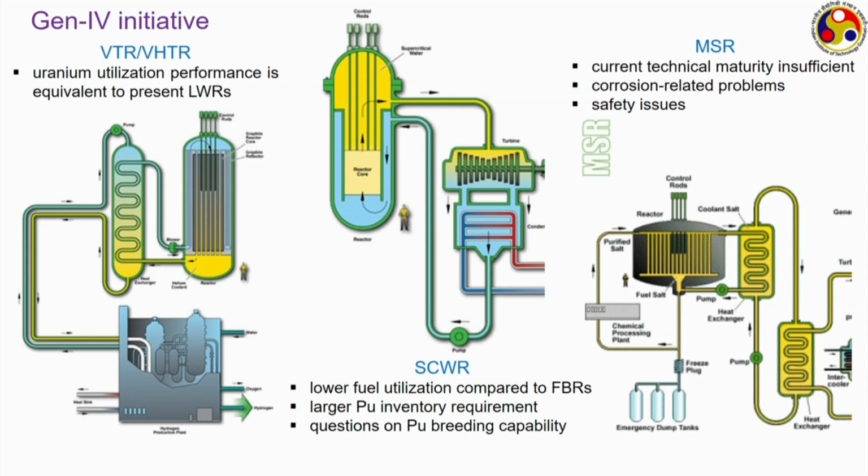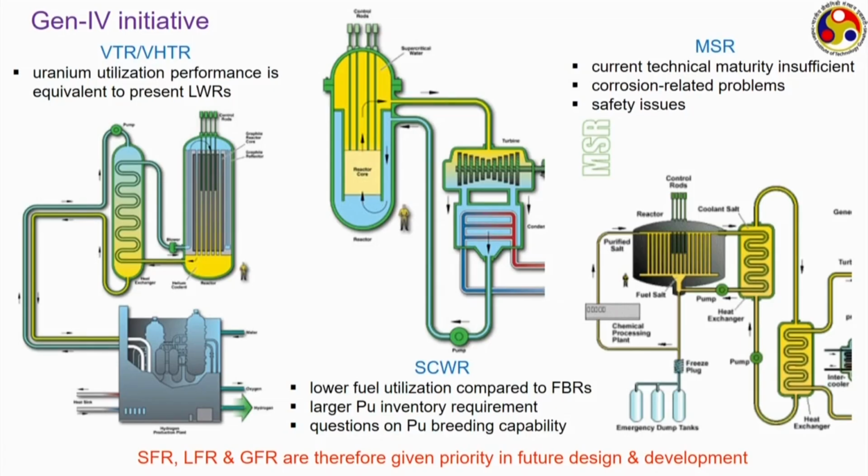It is still a concept which has hardly got tested at the laboratories, and as molten salts are used here, there will be a big amount of corrosion problems, and safety issues or maintenance issues are also very much prevalent for MSRs. Therefore, out of the 6 designs selected in generation 4, these 3 have their own issues, which leaves us with the remaining 3, that is SFR, LFR and GFR, namely the sodium cooled fast breeder reactors, lead cooled fast breeder reactors and gas cooled fast breeder reactors,